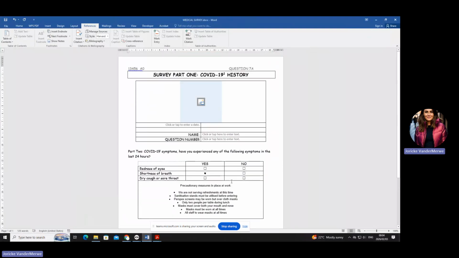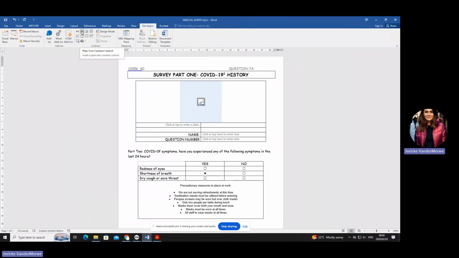Okay, so this was 7A. And we looked at the referencing in the endnote and the footnote. And we also looked at the developer tab. We only did the plain text and we did the checkbox as well as the date picker. Okay, and then we did some editing with the tables and removed the borders and so forth. But that, like I said before, you can go and revise on question 7A when you do the YouTube video or watch the video.